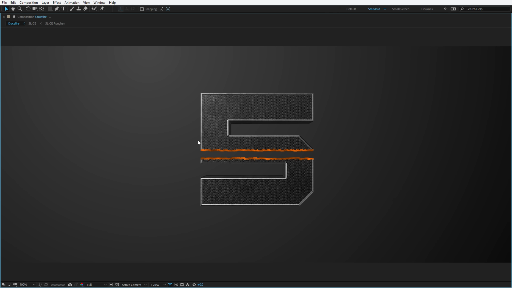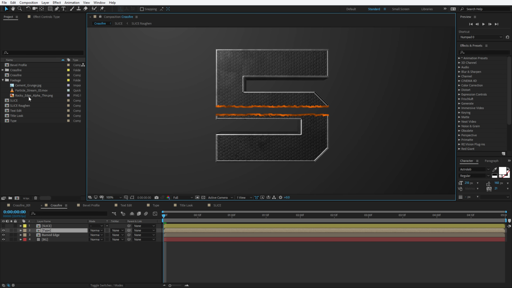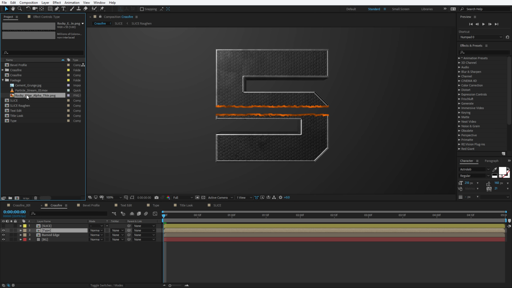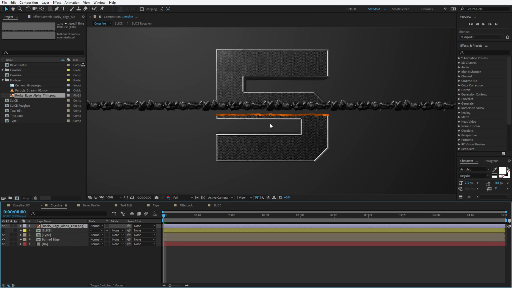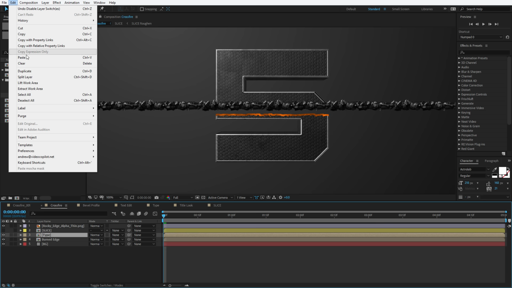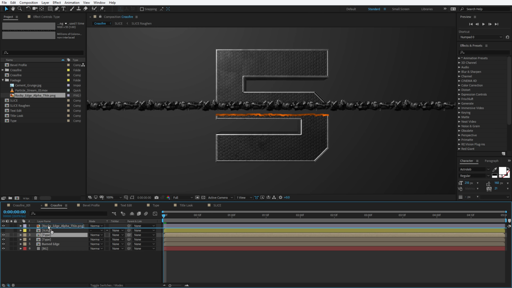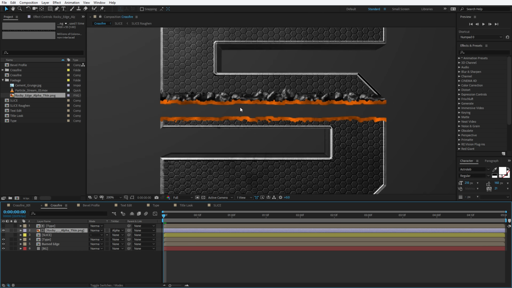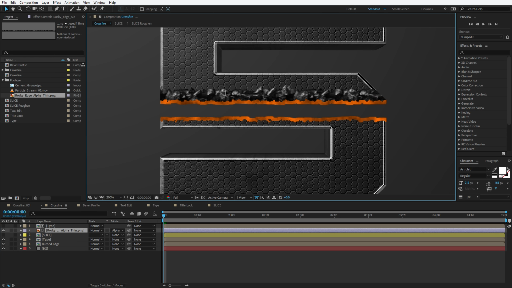All right, so next we're going to add some broken edges around the burn marks. So for that, we're going to be using this texture, rocky edge. We're going to drop this into our project. Now we only want it to show up around the letters. So we're going to take a copy of our type, choose edit, duplicate. We're going to put it above the rocky edge and choose Alpha Matte. And so now if we take the rocky edge and move it around, it stays inside of the shape of